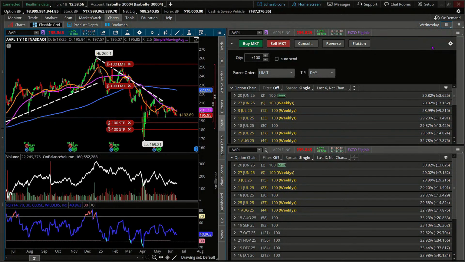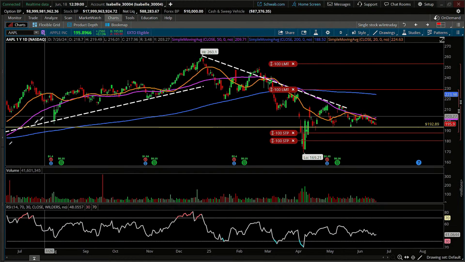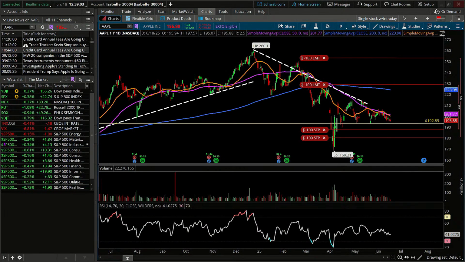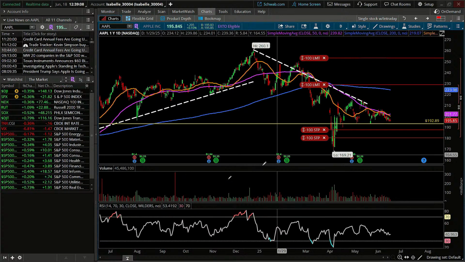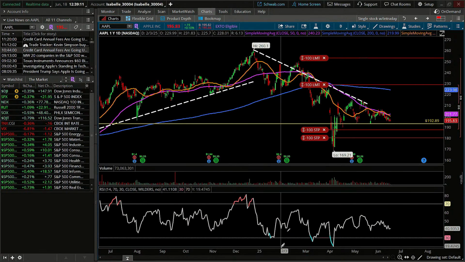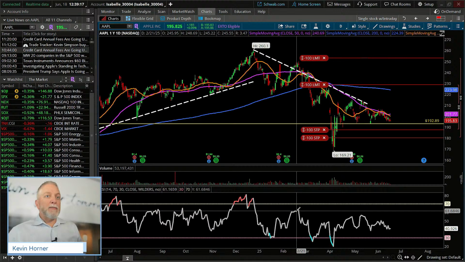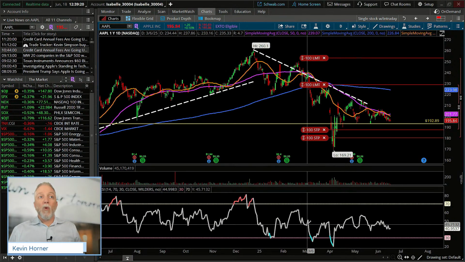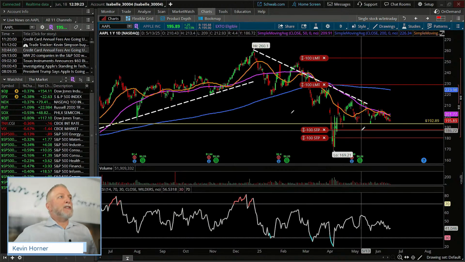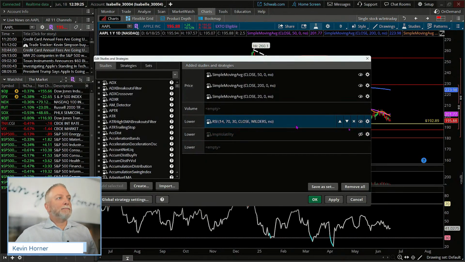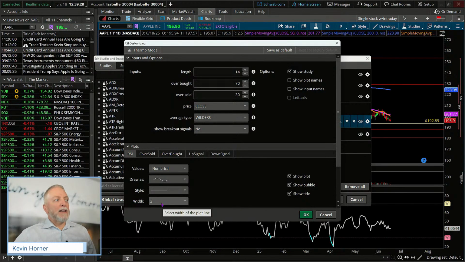But I also wanted to mention one other thing today that I was reminded of a little bit this week, and that is that any of our studies, if you're like me, you want to customize your studies, right? And I've done that. I've got an RSI down below. I'm using the default of gray, but you'll notice that my gray is a little thicker than the one it defaults to. Meaning when we come into the studies and you go to RSI, the width of my RSI is a 3. But the default is a 1, okay?